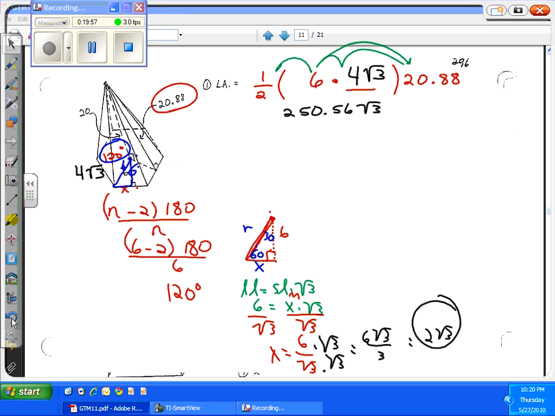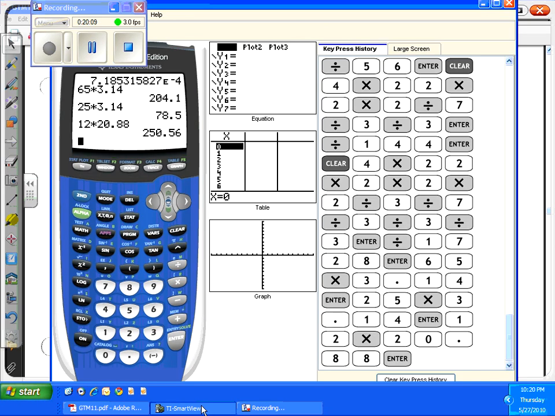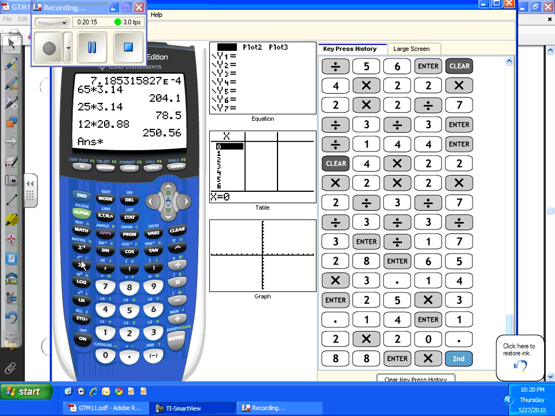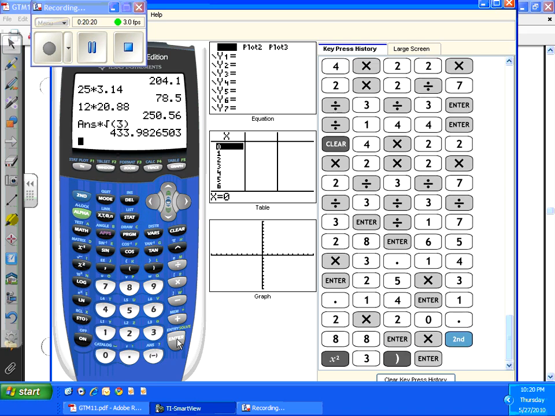Which I probably should change to a decimal. Let's just go ahead and do that and round it and take the square root of 3 off since it's got a decimal there. So we'll just go times square root 3. And that would be 433.98 if you actually multiply it like that,